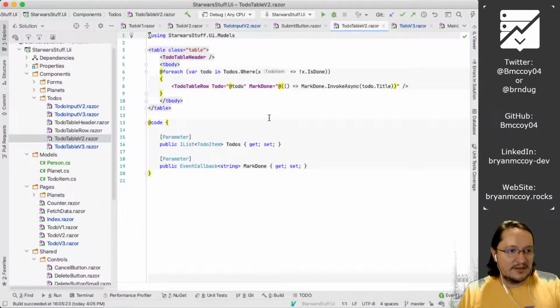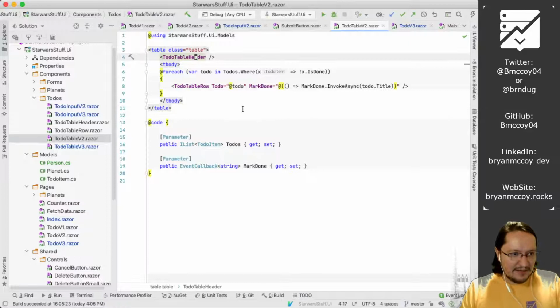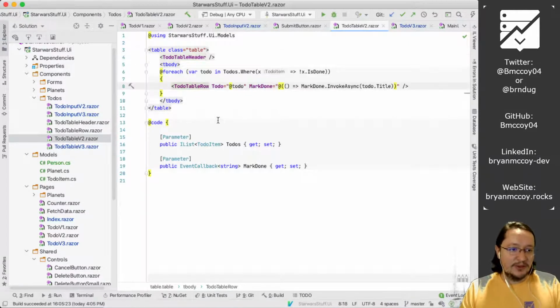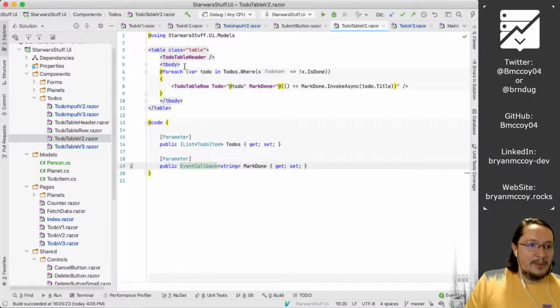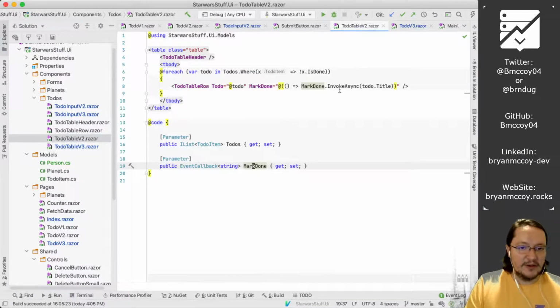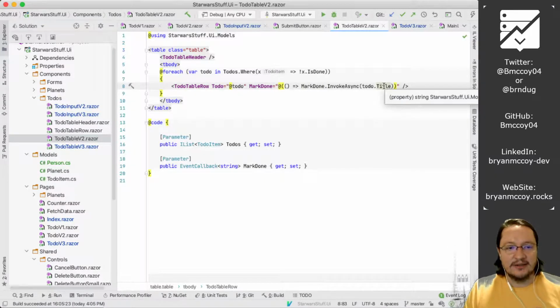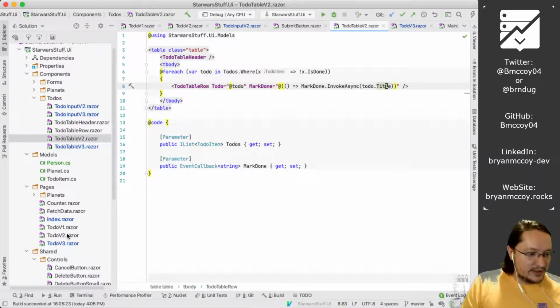So we can go and look at our table. Now this is a little different. We have a to-do table header, and we have a to-do table row. Again, the to-do table row is going to take in some dependency. It's going to take in some method to actually get invoked to get it marked as done. You can see here that this is our event callback. So this table component is taking in the mark done as a dependency from its parent and just invoking it with the title. So we're passing in the title so that way we could, if we look here,